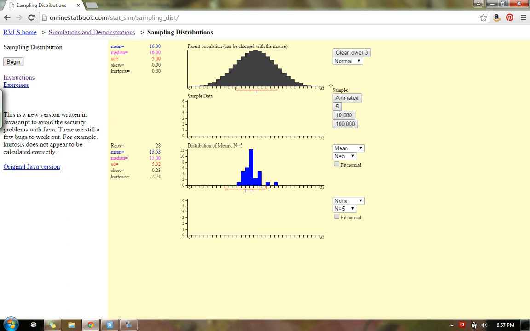Now, to do this for a while will take a long time, so let's jump up and do 10,000 of those. And immediately, you start to see the distribution approaching normal. And it's normal because if you look here, my mean and my median are approximately the same. I'll do another 10,000, another 10,000. Hey, let's do 100,000. Let's do 100,000 a couple times. Boom, boom, boom, boom. I'm doing a lot of samples. It's awesome.